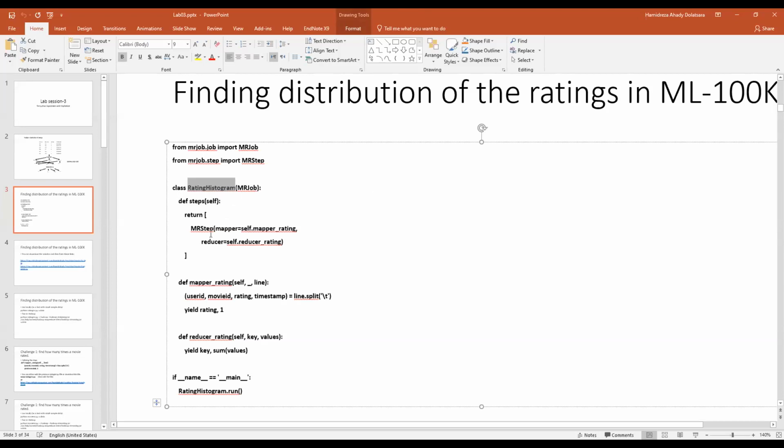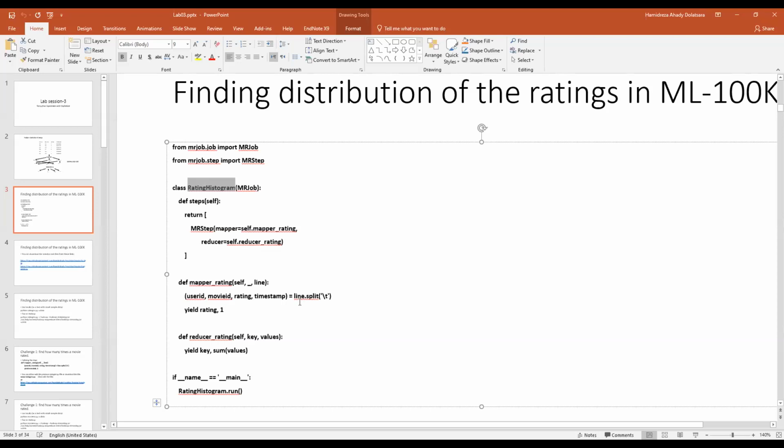In that package, we need to identify what our mapper function and our reducer function are. So self.mapper_rating and self.reducer_rating just refer to our mapper and reducer functions that we need to define later. Then in the mapper part,